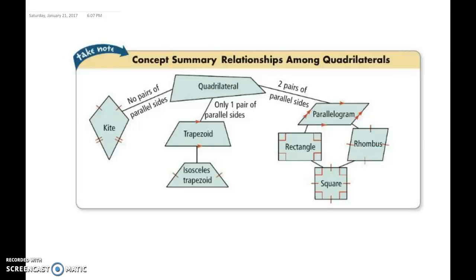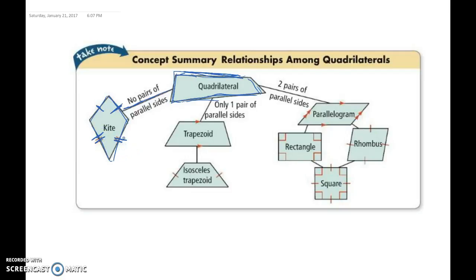All right, so in this chapter, we learned a bunch of different polygons, and they all stem from a quadrilateral, right? So the overall arching theme is that they're all four sides, right? So once we have this quadrilateral, then we had a few special quadrilaterals. So one is if there's no parallel sides, then it means it's a kite, all right? And remember, a kite, their consecutive sides are congruent,